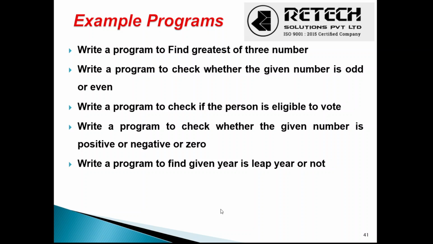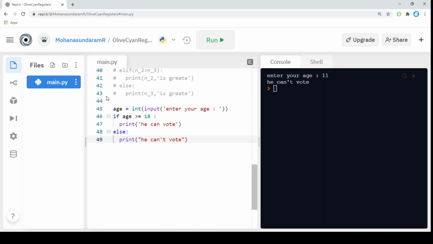Okay, our next program. This is a program to find whether the candidate can vote or not. I'm getting an input from a user as an age, and I'm checking whether the age is greater than or equal to 18. If he has a value of 18 or greater, he can vote, or else he cannot vote. This is my program condition block to check whether the candidate has a capability of voting or not.